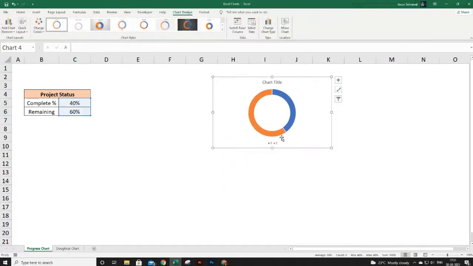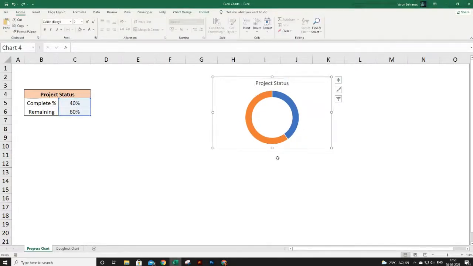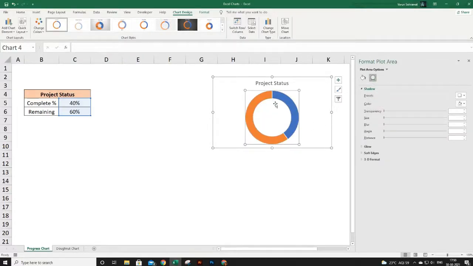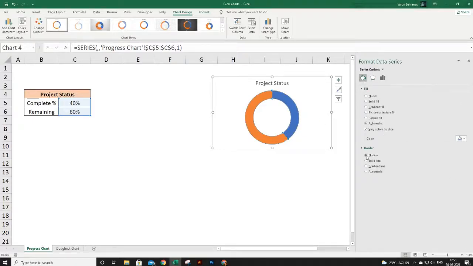Let's remove these legends. Just click on it and delete. Update your chart title, say project status. Let's beautify our chart. Double click on the shape, decrease the donut hole size like we did before. Remove these white line borders, select it and select no line border.